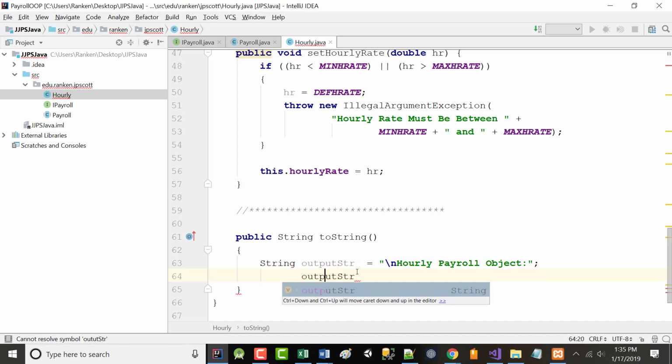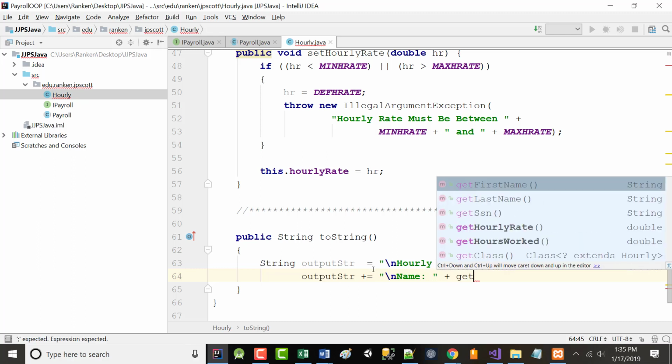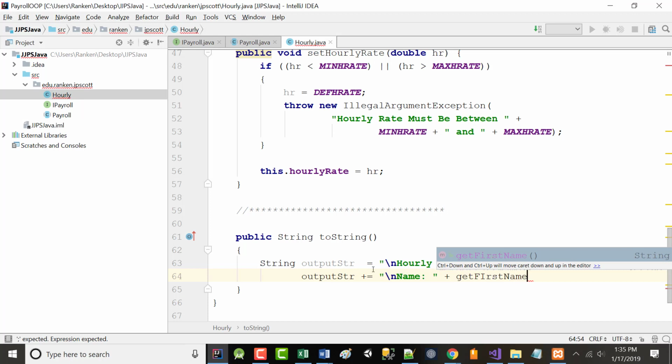Output. There we go. Plus equals get first name.